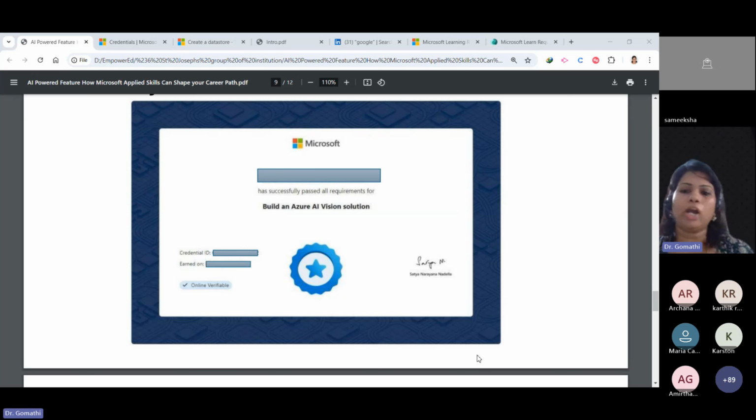I always recommend you to complete some basic certifications like Azure AI Fundamentals, Data Fundamentals, all these things. I always recommend you to go ahead with the basic level of certifications. And also applied skills, if you are really interested and wanted to try it out, please give a try. Nothing wrong here. You can also try anything which is available here.